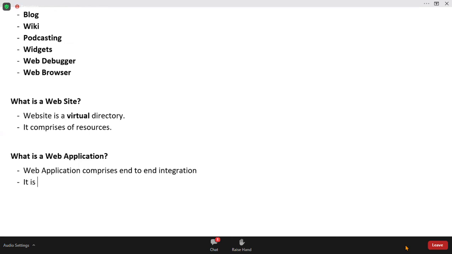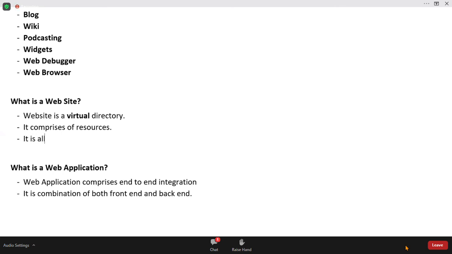It is a combination of both front end and back end. That means a web application is more than a website. A website is all about front end designing.